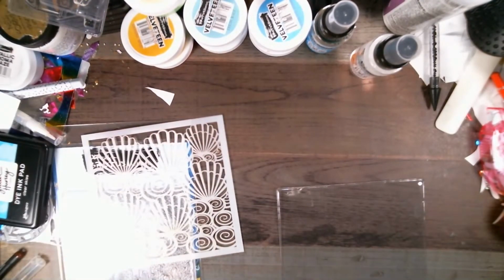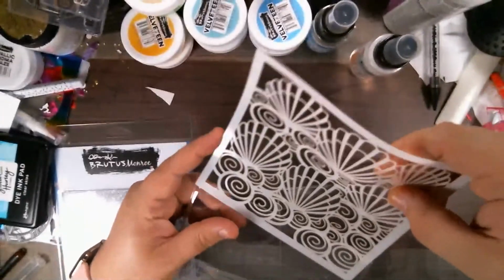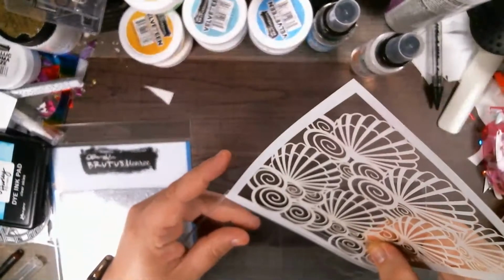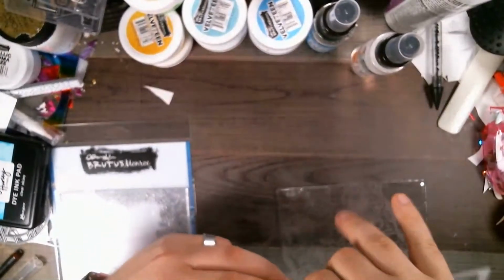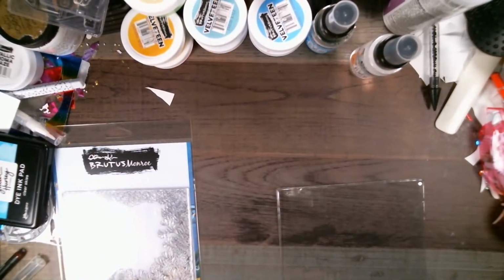There you go. All right, so we're going to pop this stencil in here. Again, this is awesome because your stencils will fit right inside of your cargo sleeves. Oops, this one has some. I really got to get the pixie spray off of my